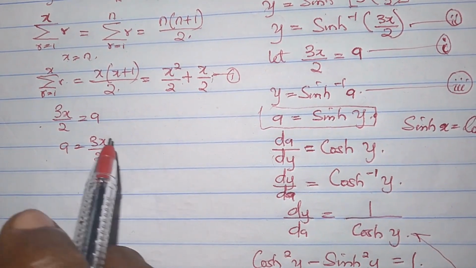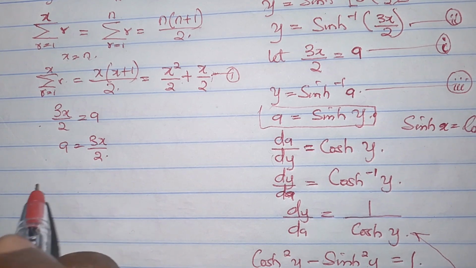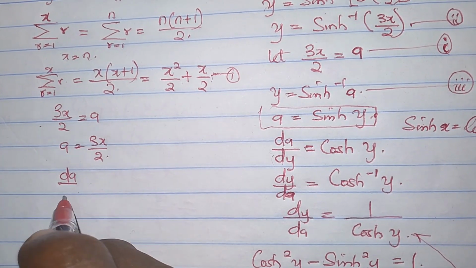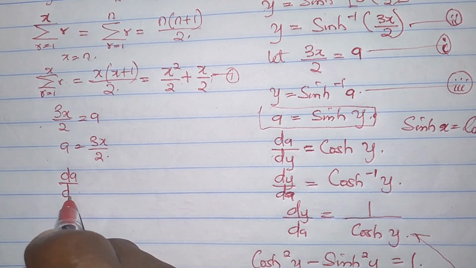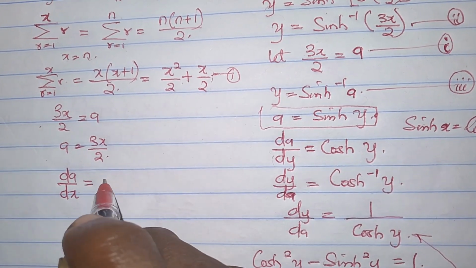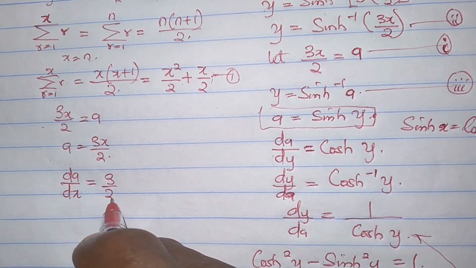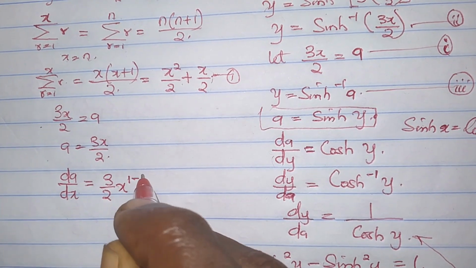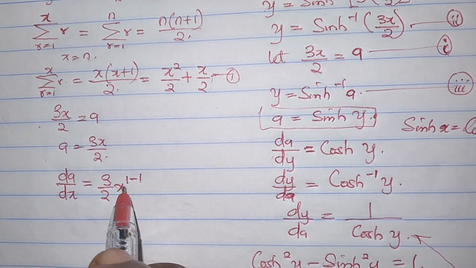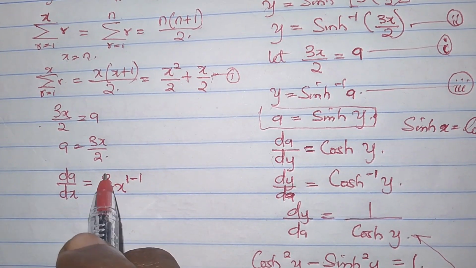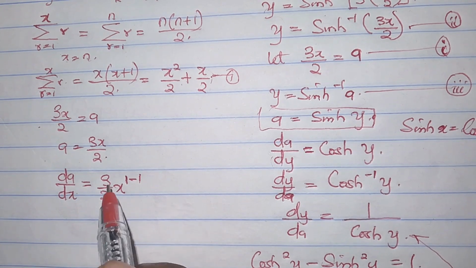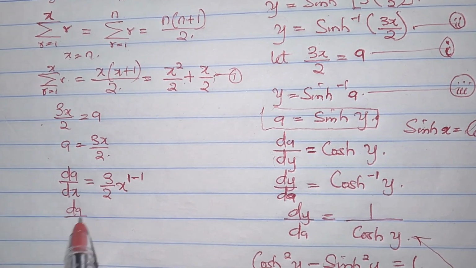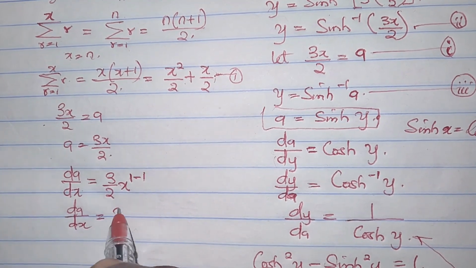If we differentiate this, we are going to have that dA all divided by dx equals 3 over 2 x raised to the power of 1 minus 1. We have just multiplied 1 by the whole 3 over 2, and we are still having 3 over 2 as the result. Thus, we are having that dA divided by dx equals 3